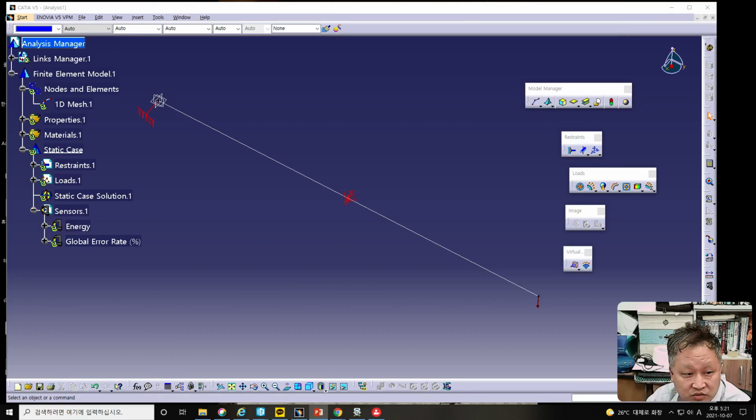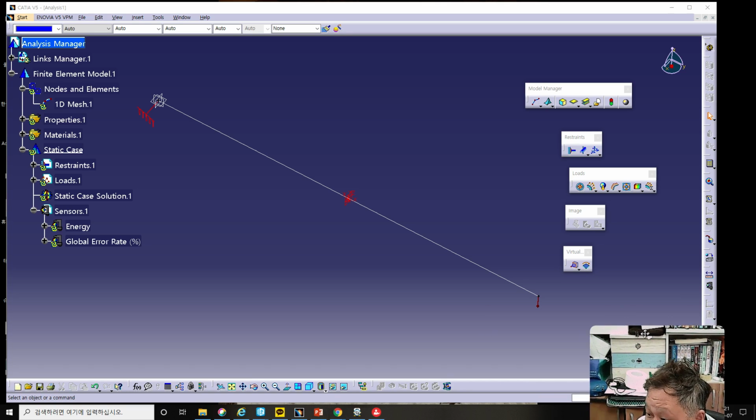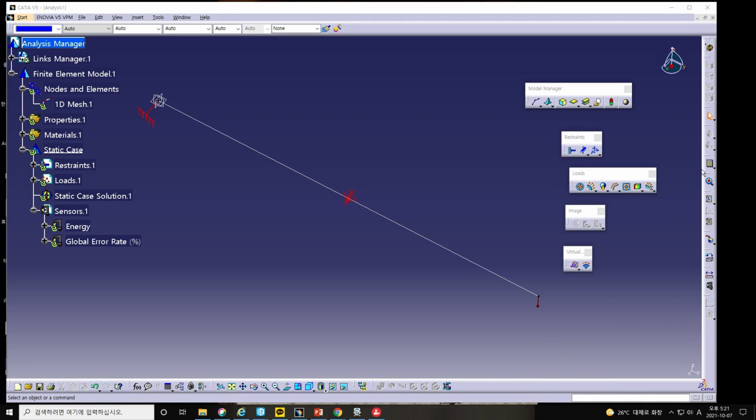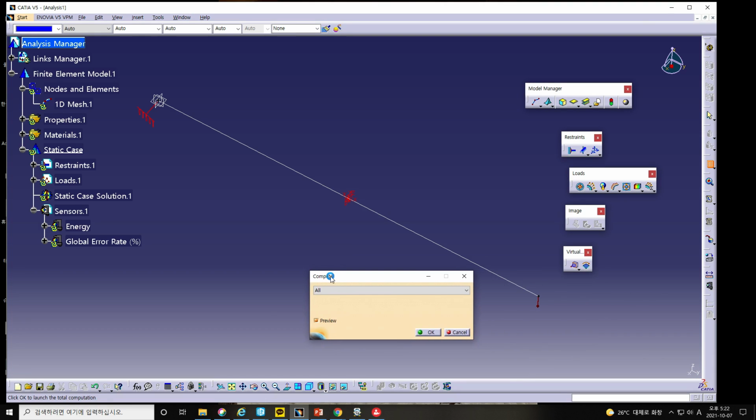Next step, we should click the calculation button. We can find the calculation button maybe here. This is a design table. We should find the calculation here. The compute button, and please click the compute button in this time, and if you click OK,